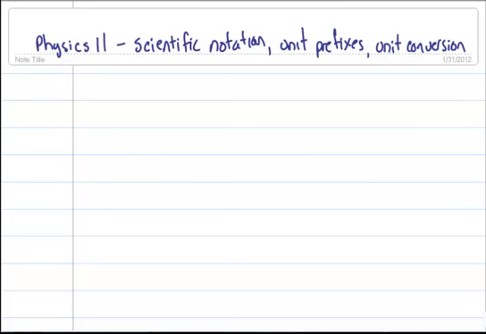So today we're going to look at scientific notation, unit prefixes, and unit conversions. Other things that we do quite a bit in physics. Scientific notation, well, in physics, the real science, right, we're working with really large numbers. Could be the distance to the moon or something like that. We could have a large number in the hundreds of millions, for instance,